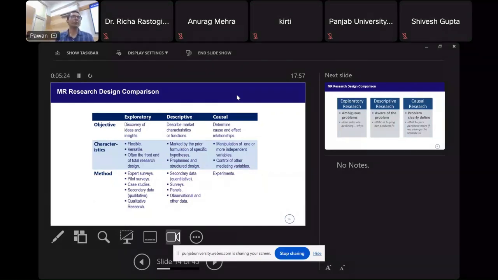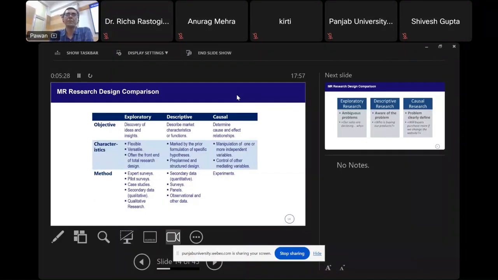So they would maybe understand what kind of customer India has, what are the price points at which they buy, what are the behavior patterns, what are the buying patterns, what kind of distribution, everything which you need to know about a market. So they would probably do an exploratory kind of research. Second is descriptive and causal.